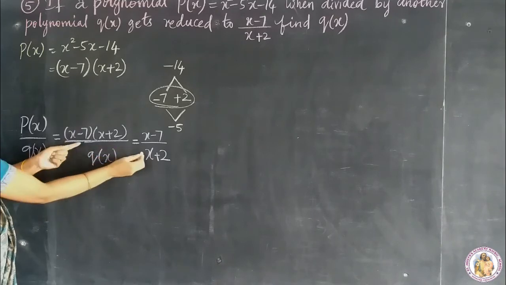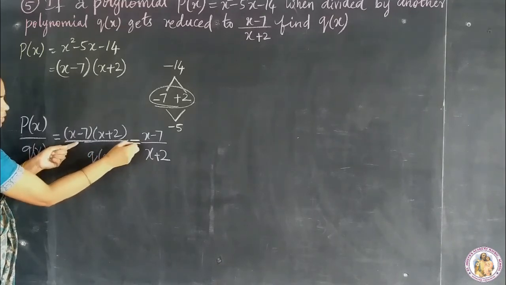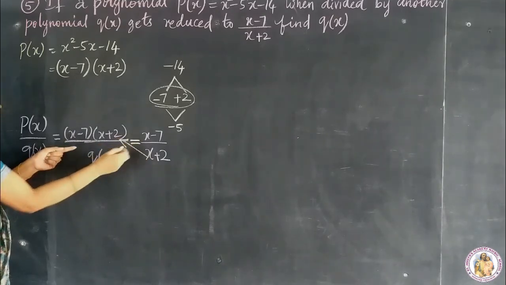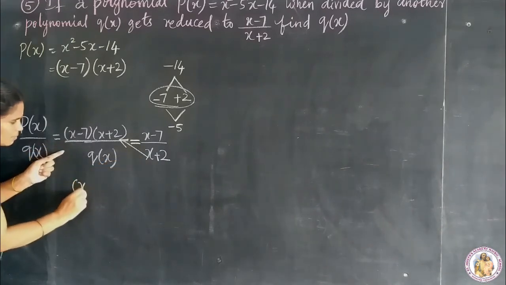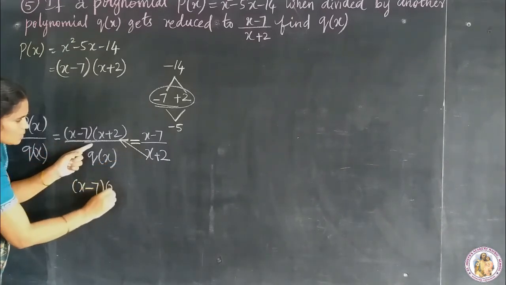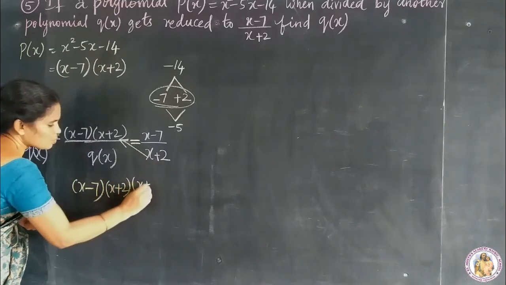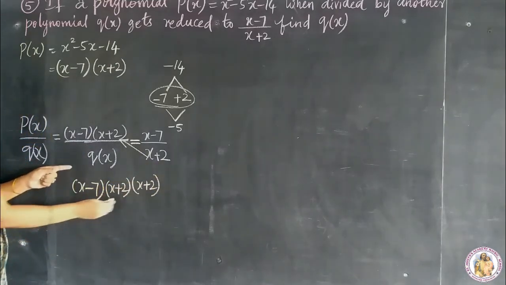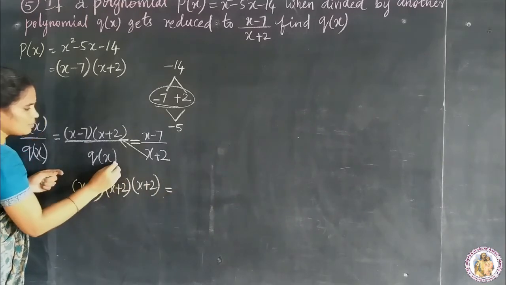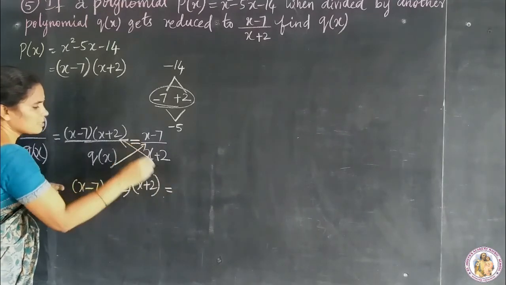Now what we have to do is, here we have equal to, cross multiply. So x minus 7 into x plus 2 into x plus 2, okay, is equal to, now take q of x